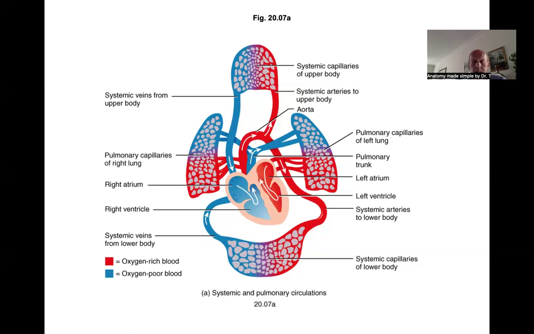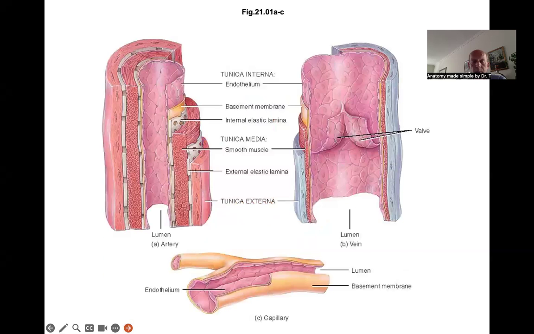Basically, capillaries are the most functional part of the cardiovascular system. However, because of their minute size, we actually do not study them in a regional manner. We just have to understand what they do and that they are part of practically any tissues within the living body. Let's go to the next diagram and let's try to immediately grasp another important thing which differentiates arteries from